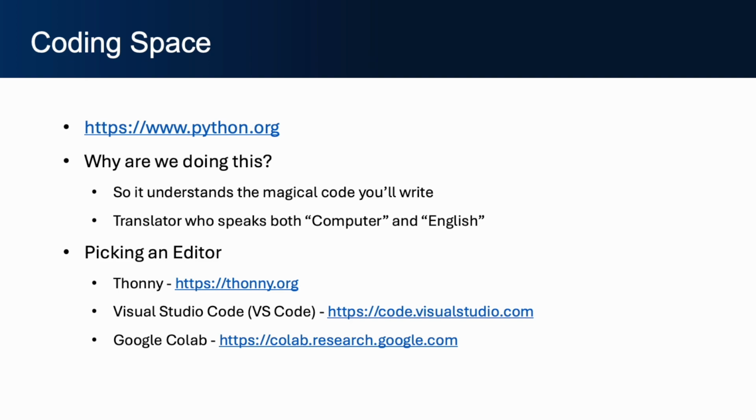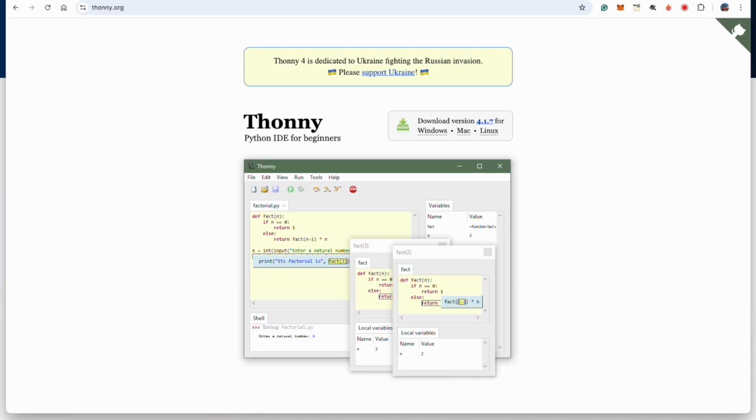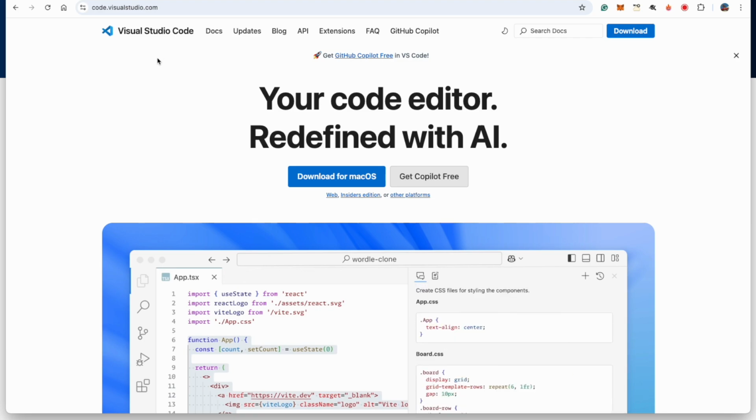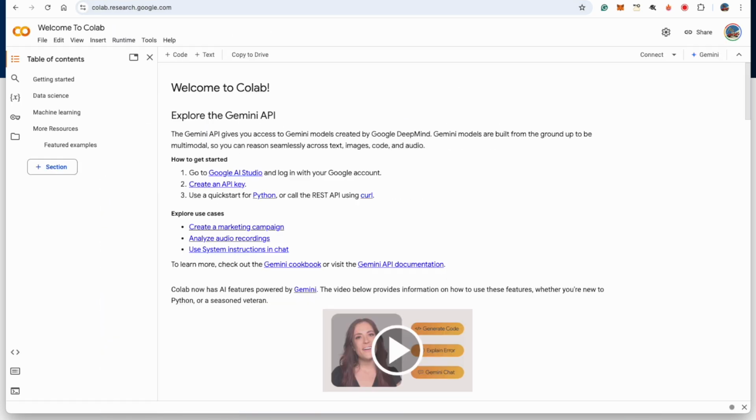So as I mentioned, you can go to thonny.org and install it from here. This is one option that you have. Or you can go to code.visualstudio.com and download Visual Studio for you. Or, as we are going to do in this course, go to